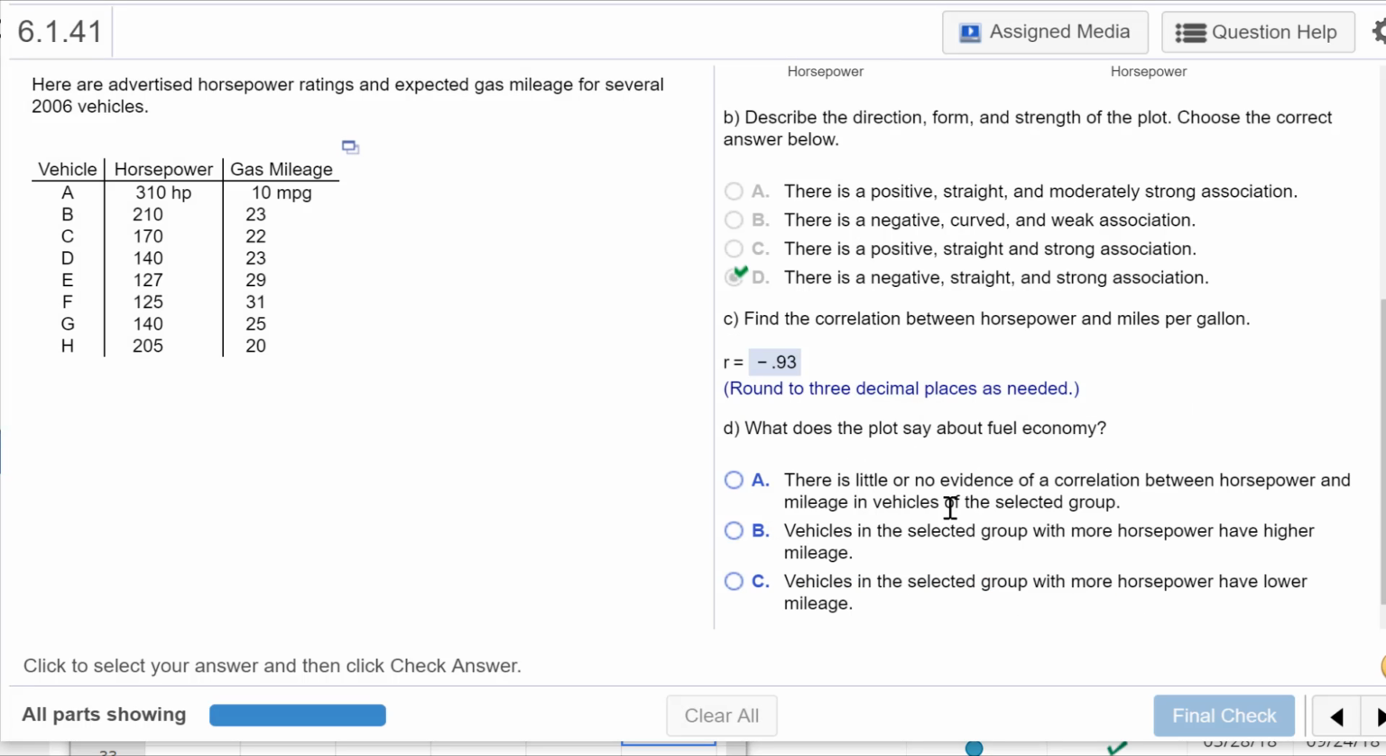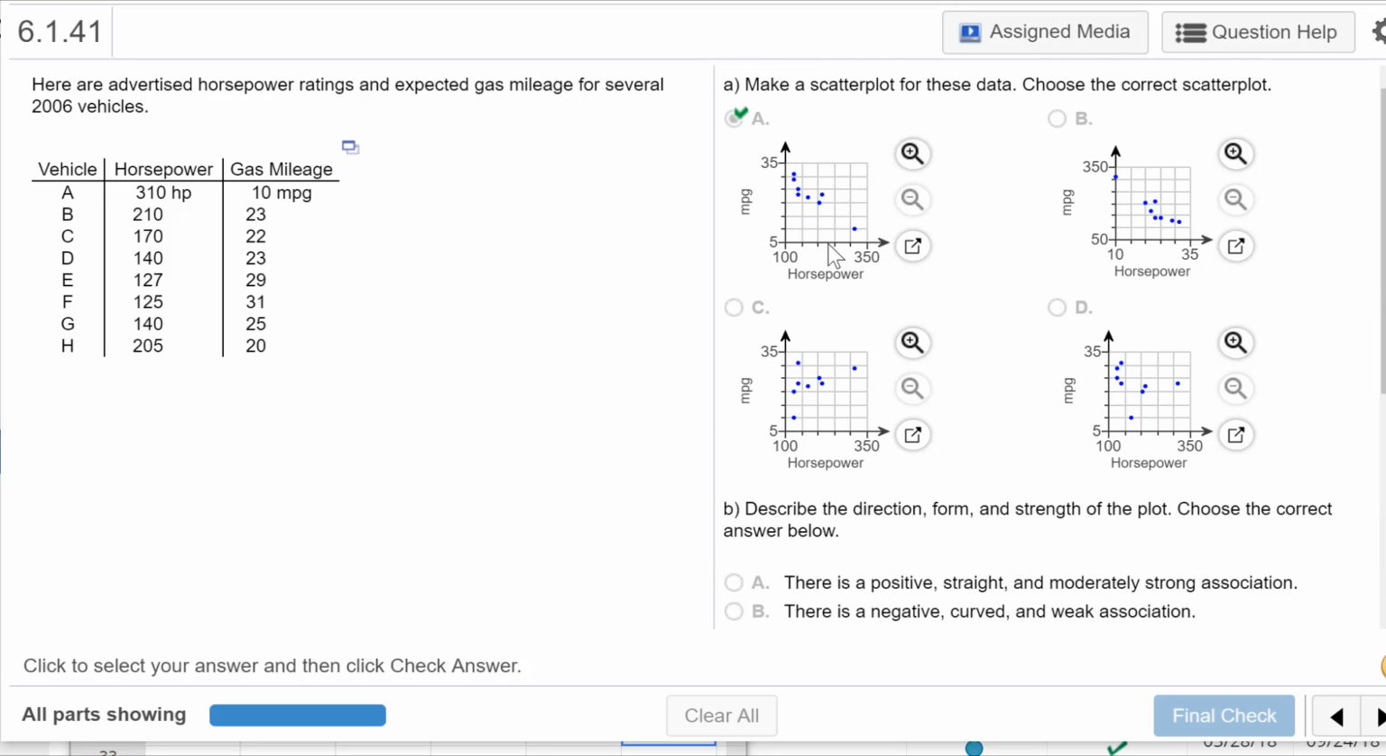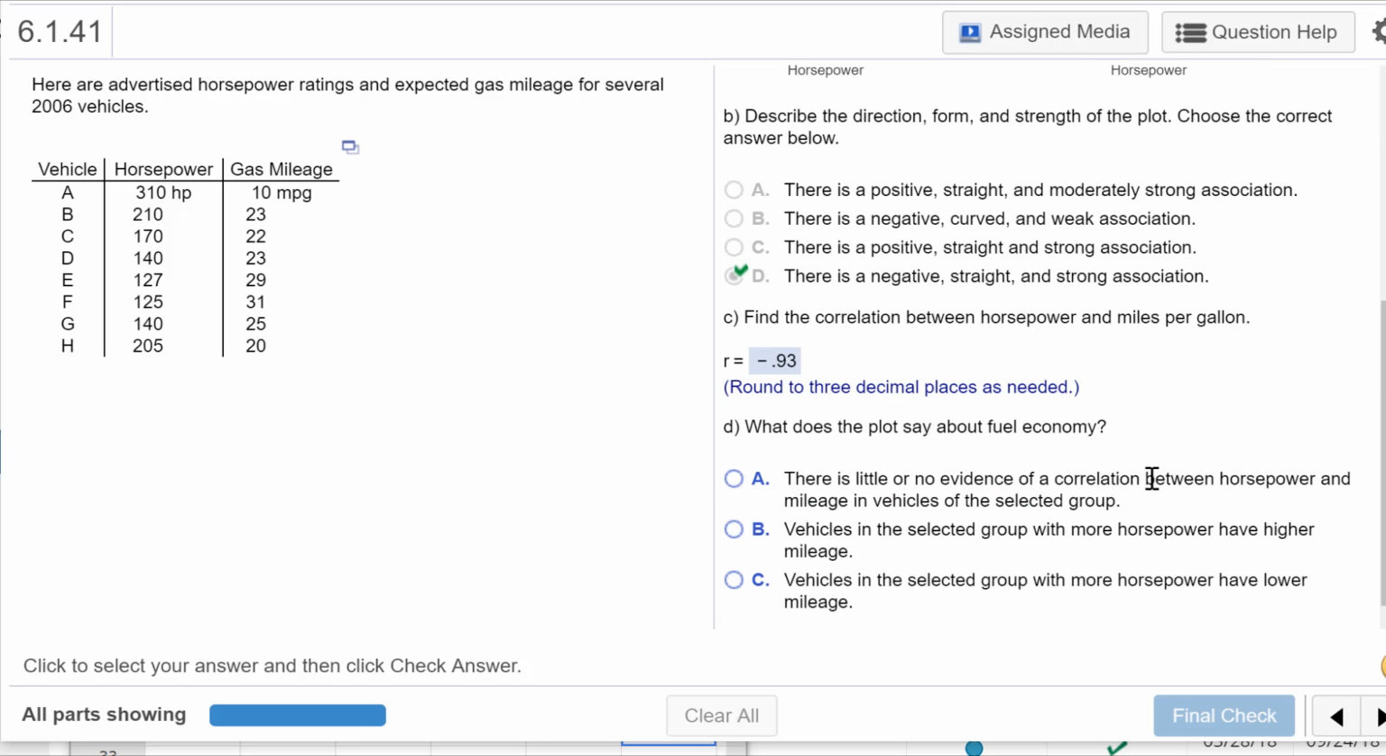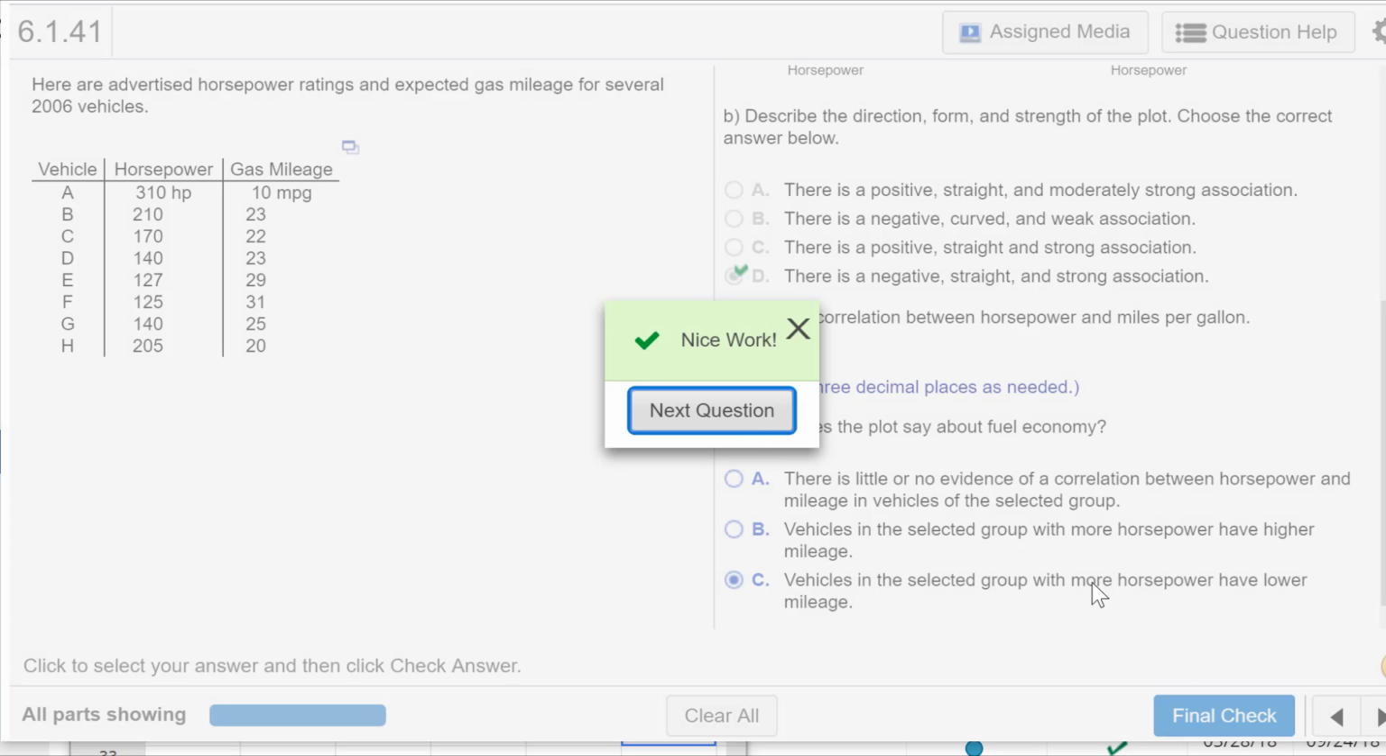So what does this say about the fuel economy? As this is very strong, right? I mean, we have statistical evidence that it's strong. The more horsepower has lower gas mileage, right? I mean, we look here, as we increase horsepower, gas mileage is low. So here we have 310 horsepower, 10 miles per gallon versus like 140 has 25 miles per gallon. Okay, so I hope that